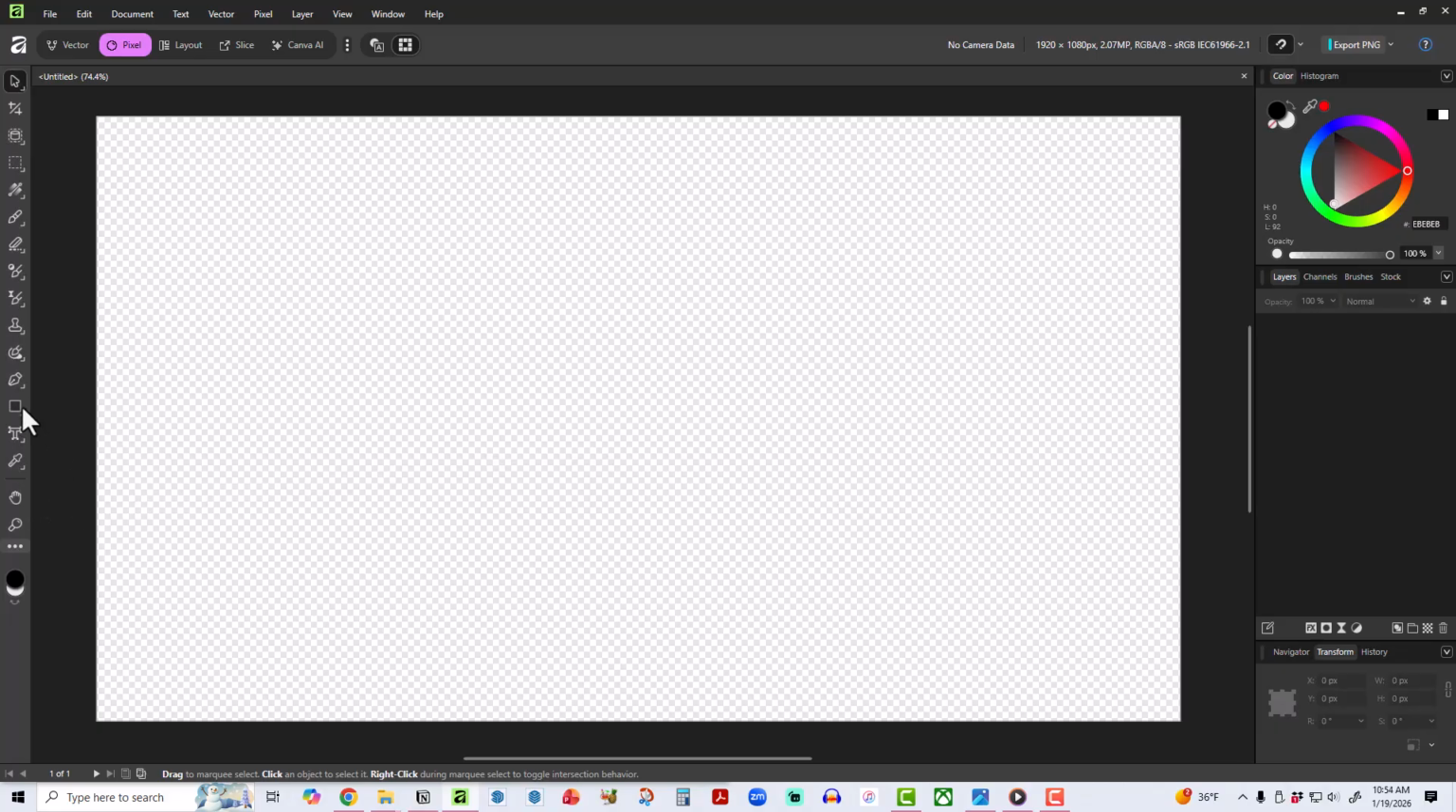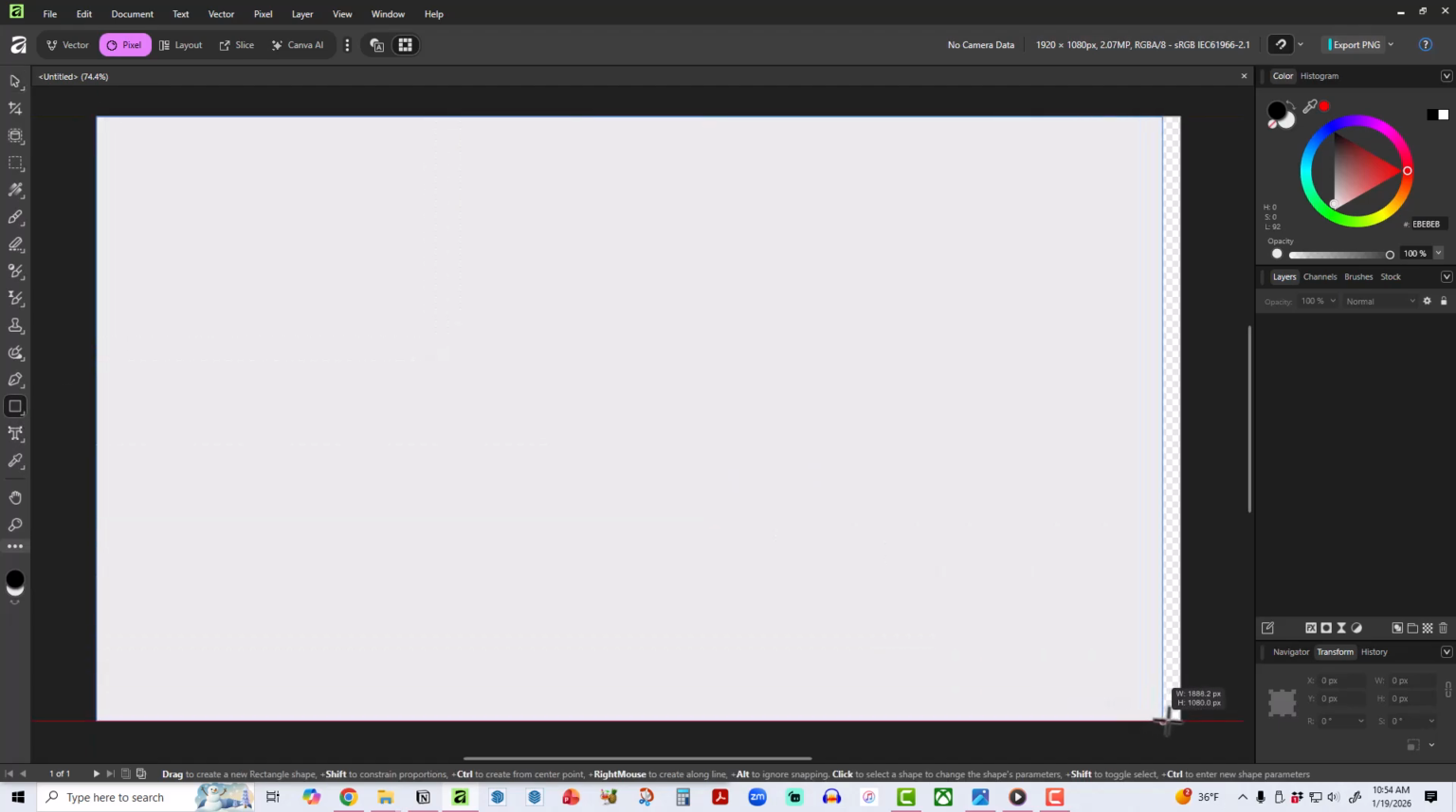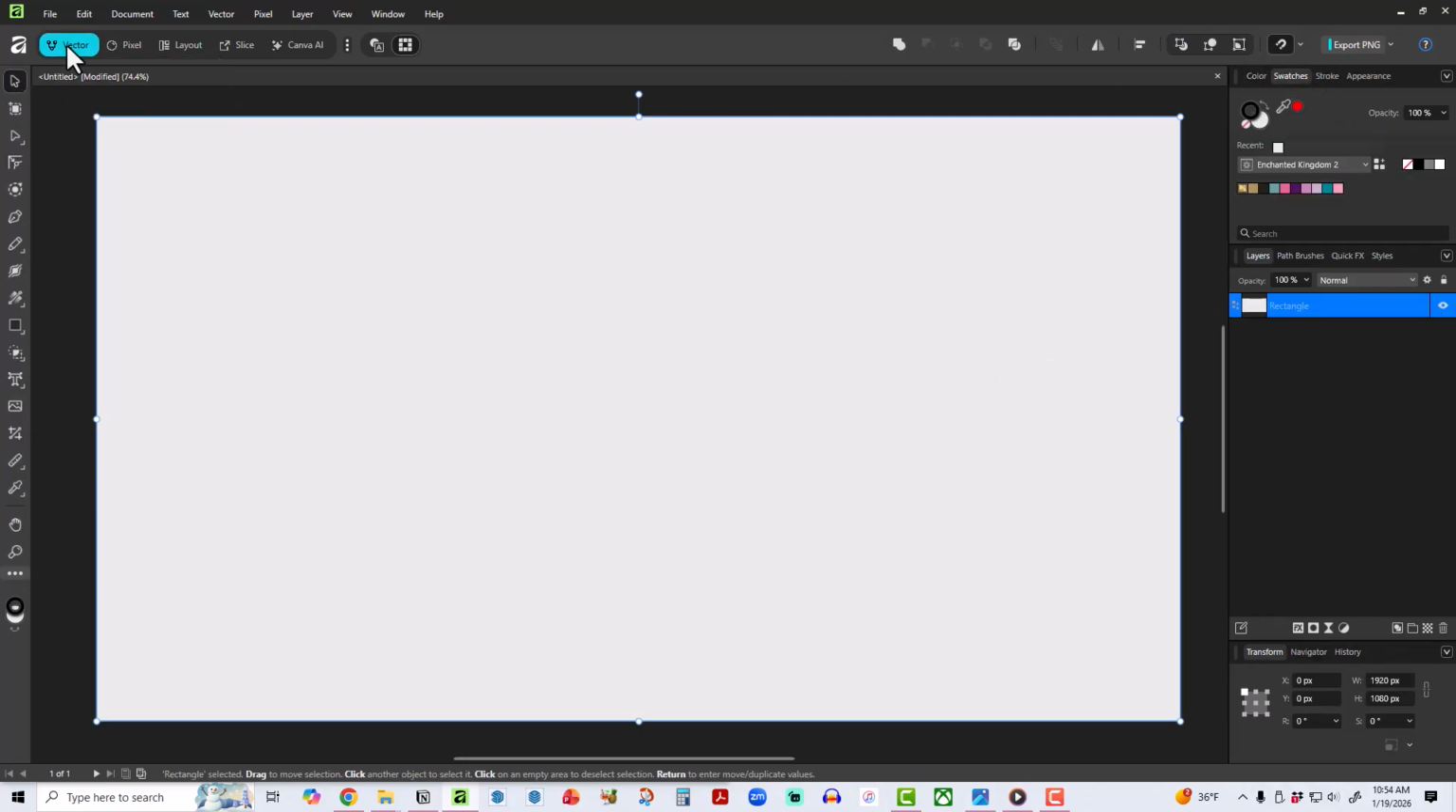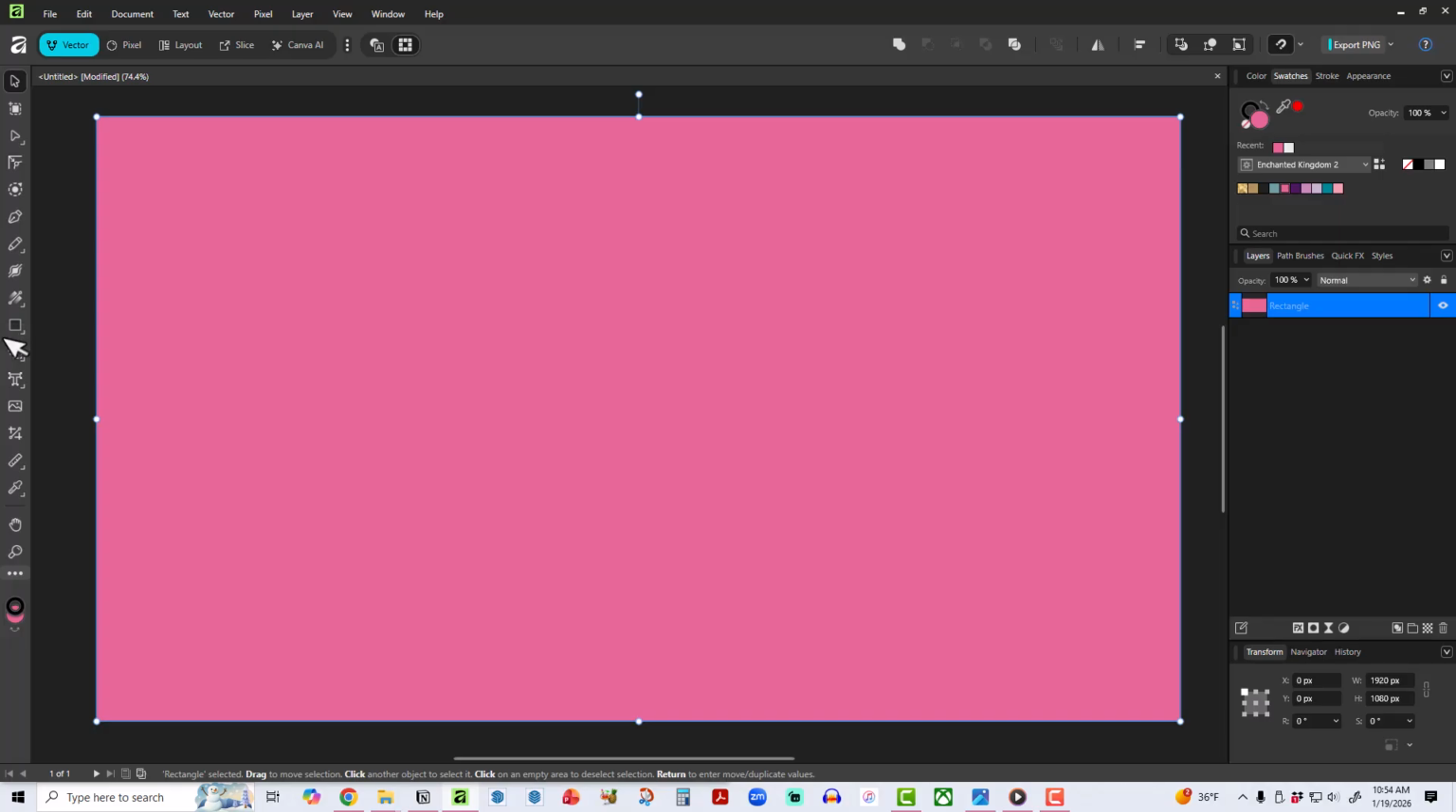For the background, you can use the shape tool. I'm just drawing a shape here, and I'm going to go over to vector persona. You can choose whatever you want for this background. It could be just a solid color. You could go to the gradient,